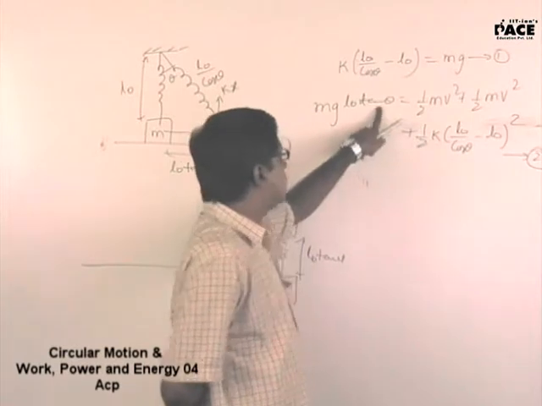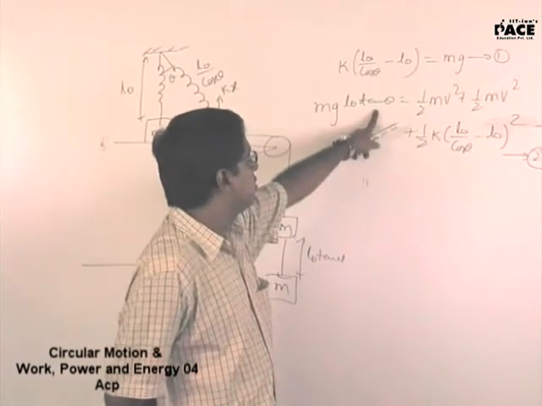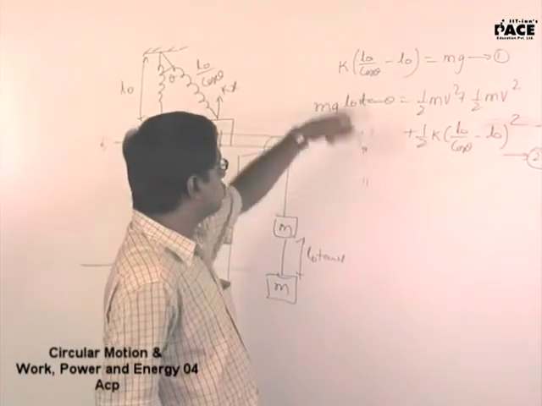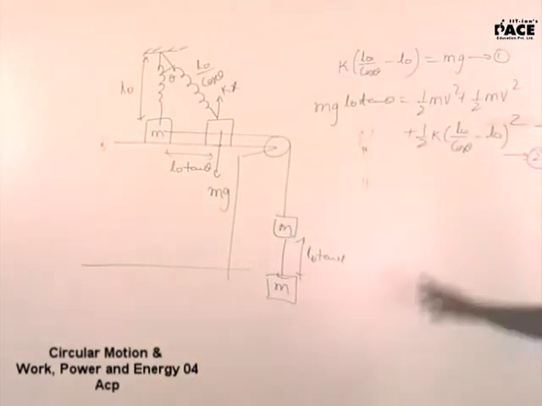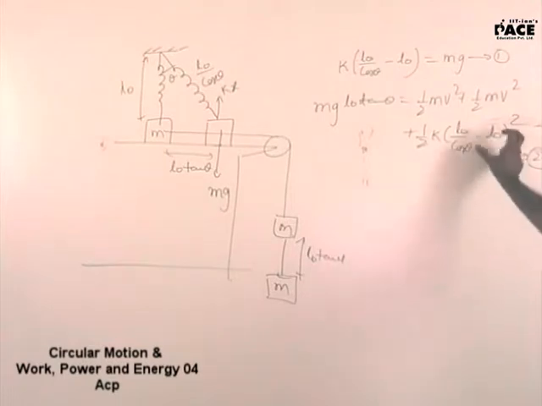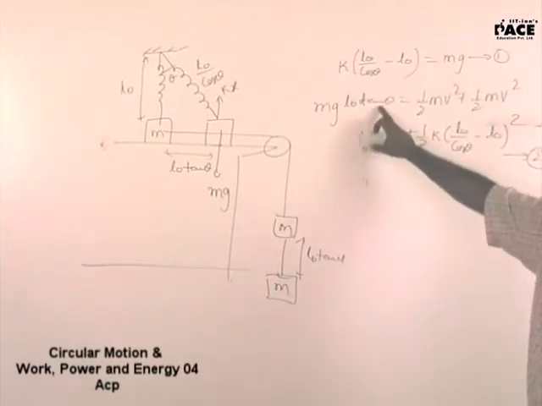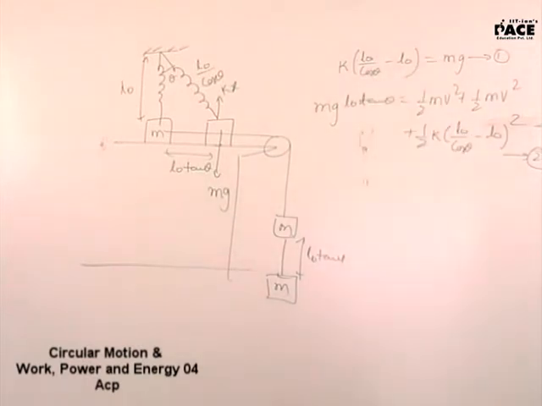Bring it in terms of secant theta so that cos theta will come to your rescue. Eliminate this L naught into L naught cos theta minus 1. This as it is I can substitute from here. Only tan theta I will have to eliminate using cos theta. So it would be L naught upon cos theta minus L naught will come 0.08.